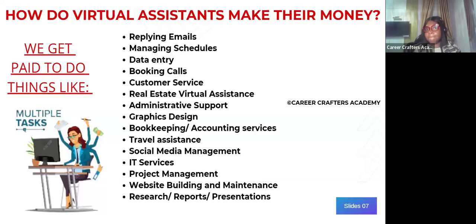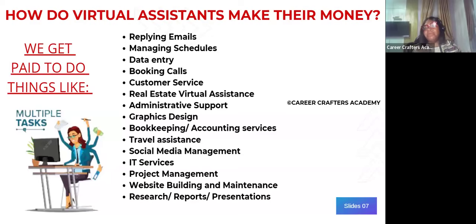So if you're a lawyer, you can be a paralegal for a law firm abroad. You could be a law VA. You could work on contracts for people. If you're an accountant already, you can do bookkeeping and accounting services and audit the books of companies abroad. If you are in the health industry, you can work in telehealth. So it doesn't mean that you must start learning everything afresh. What you just need to learn is digital skills and the tools you can use to provide these services online. Then you can use the knowledge you already have and work as a virtual assistant.